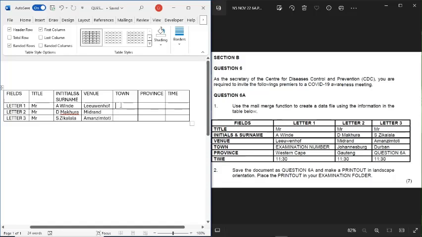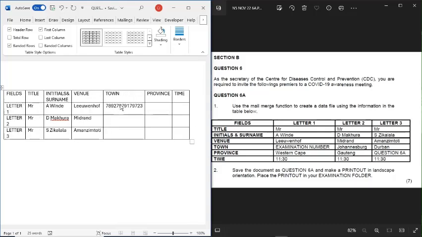Towns. Okay, so there we see examination number. So here you need to type in your particular examination number, né, which is 13 digits. Okay. So Johannesburg, and then Durban. Province, Eastern Cape, and then the question, which is in capital letters,